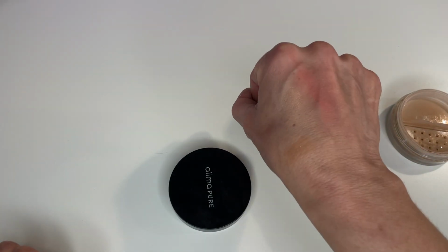I'm just gonna go in with my Real Techniques. These are just some of my favorite brushes, although I do have one super expensive brush that I love, which is a Westman Atelier. Another reason I love this powder, the shade is great. It's not snaggy at all. It wears great, goes on great, easy to apply. But another reason is it's such a great shade, and if I use a powder